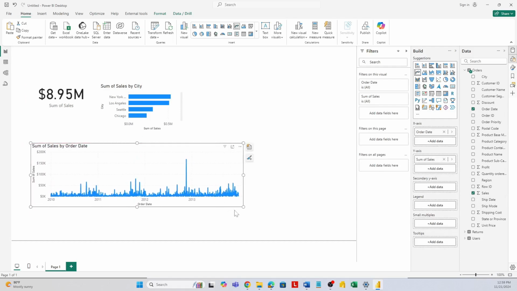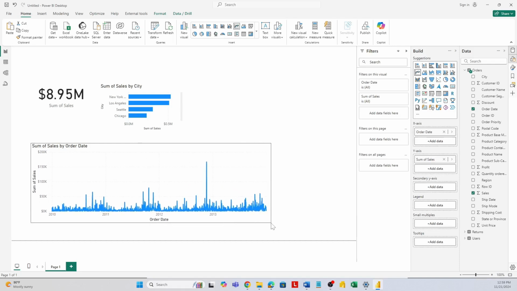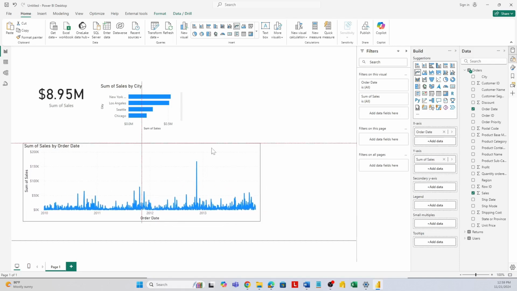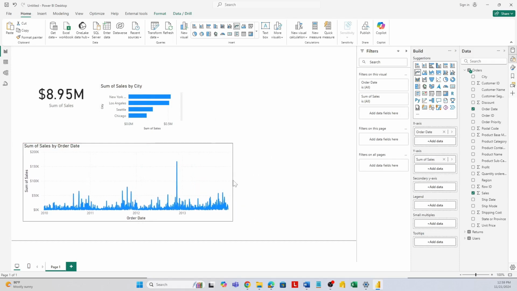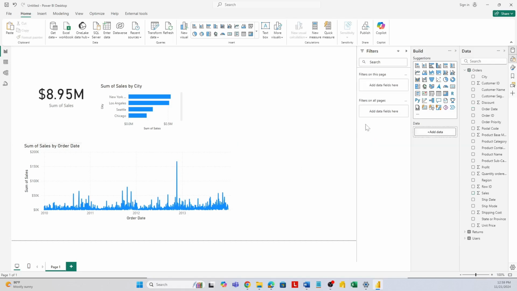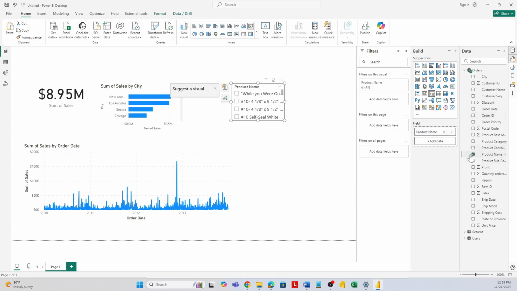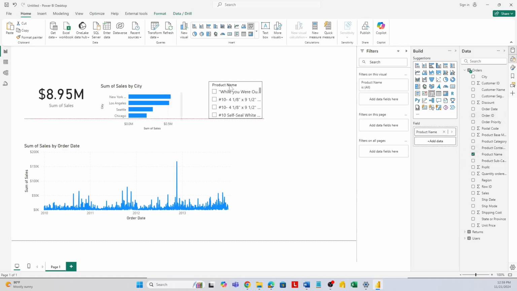You can explore, and actually just by dragging and dropping, you can explore your data set to understand what is going on. Then on here, we can as well add a few filters. And to add a filter, we usually use a slicer. So for this now, I can just add product name as a slicer. Right now, I don't like the way this slicer is looking. So you click on the format painter